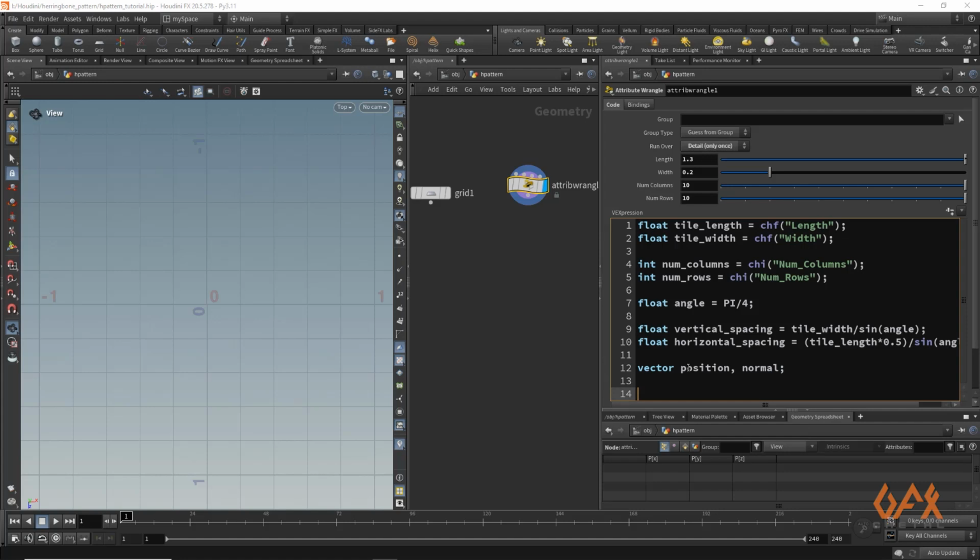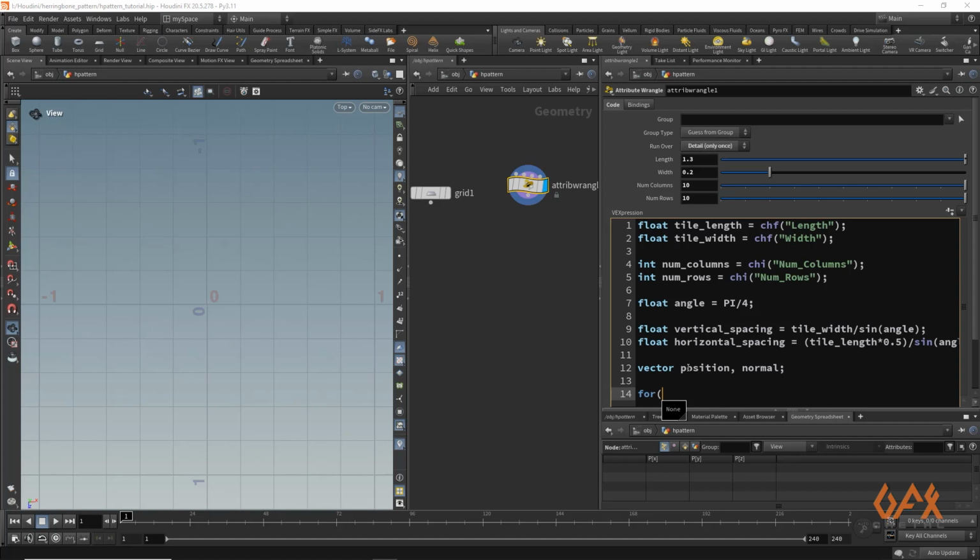Now next thing, we need to create those points in rows and columns. So for that reason we need to run this particular process in a for loop. So I need to write down for, and here as we need to generate row and column points, we need two loops, one for rows and one for columns. So one for loop inside one for loop.